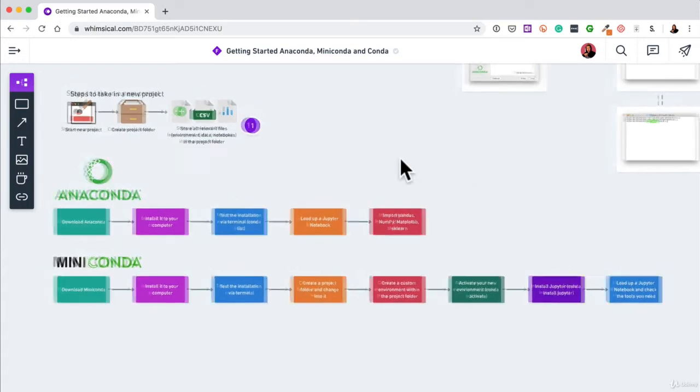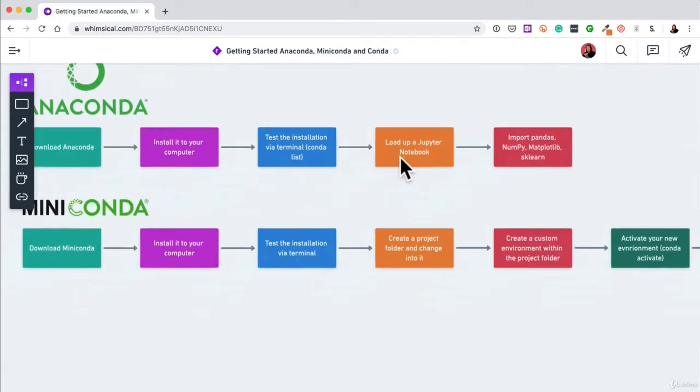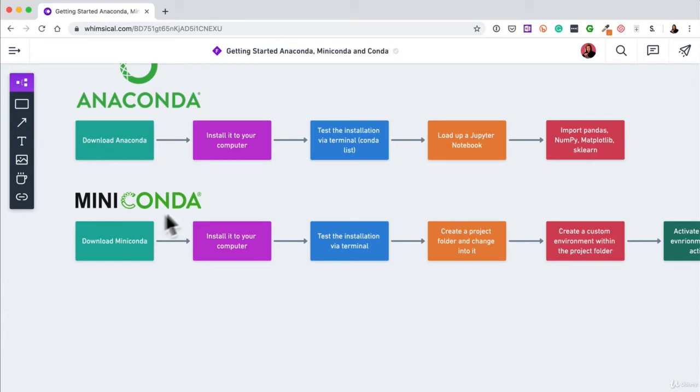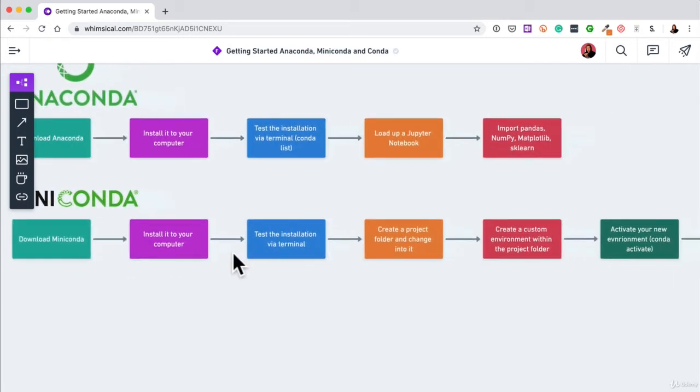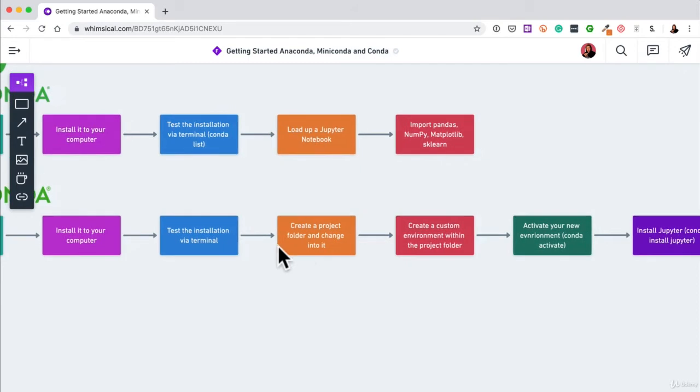Now this flowchart will be in the resources section, but if we have a look here, this is the Miniconda one we're going to be taking because we've chosen to use Miniconda because it is the data scientist's workbench. And it takes up 10 times less space on our computer than Anaconda, but offers all the value of what Conda can offer. Let's start with download Miniconda, install it to your computer,